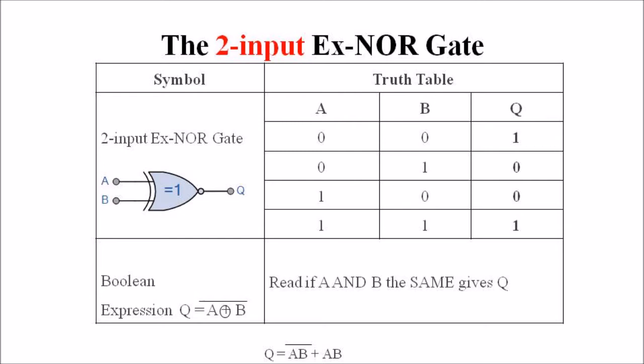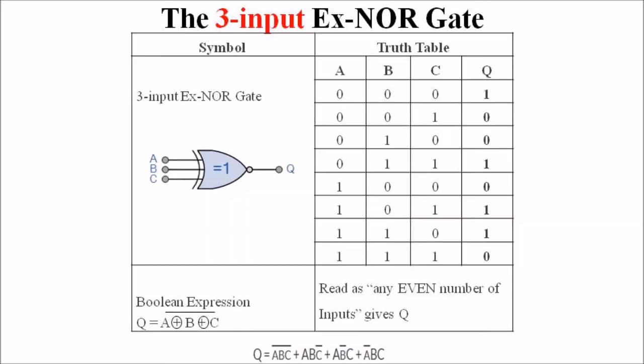The logic function implementation by two input XNOR gate is given as when both A and B are the same, then the output Q will be generated. In general, an exclusive NOR gate will give an output value of logic 1 only when there are even number of inputs. When we are considering the 3-input XNOR gate, an XNOR function with more than 2 inputs is called an even function or modulo 2 sum, not an XNOR. This description can be expanded to apply to any number of individual inputs as shown in this particular truth table.